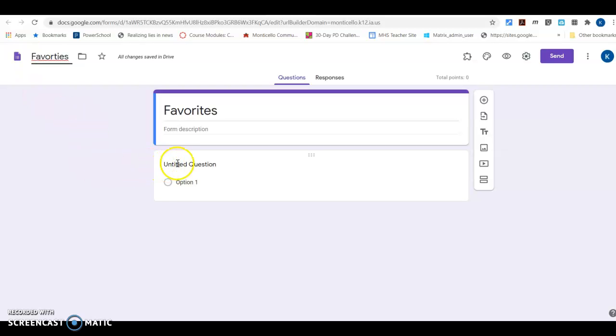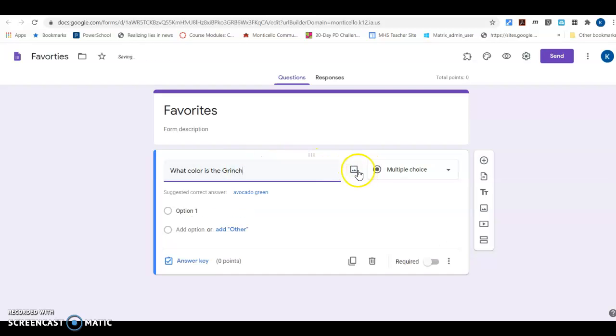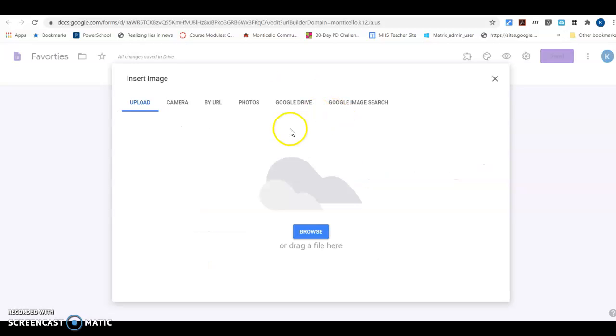And then I can get to my questions. So I can ask a multiple choice question if I want. What color is the Grinch? Just do that for fun. I can add a picture if I want to. So I can actually have pictures already uploaded. I can go to my camera and take a picture. I can go to my photos and find them if they're in my Google Drive, or if I want to